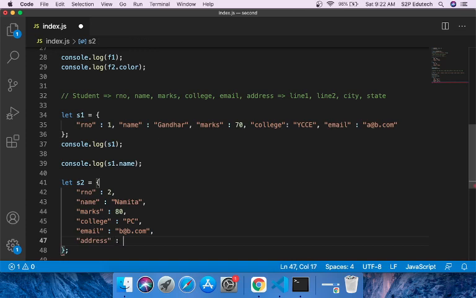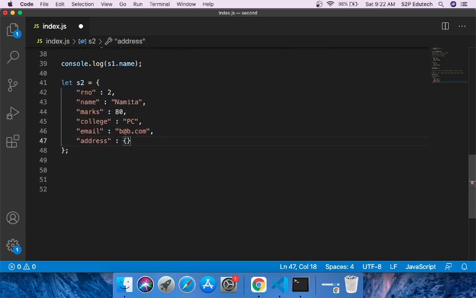And the fifth property which I want to add is address. Now how would I represent an address? This address would again be a JSON. This is a sort of nested JSON. So the key part of this address is the string address, whereas the value part is another JSON, and it will contain the following keys. Line 1, I would say plot number 20.